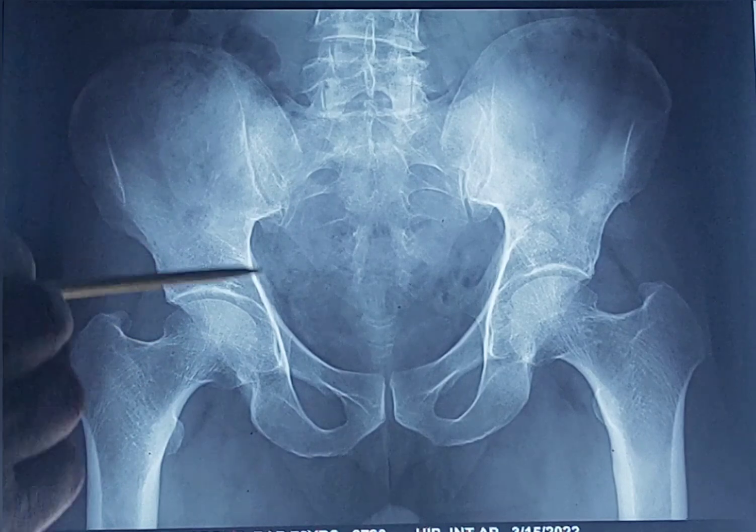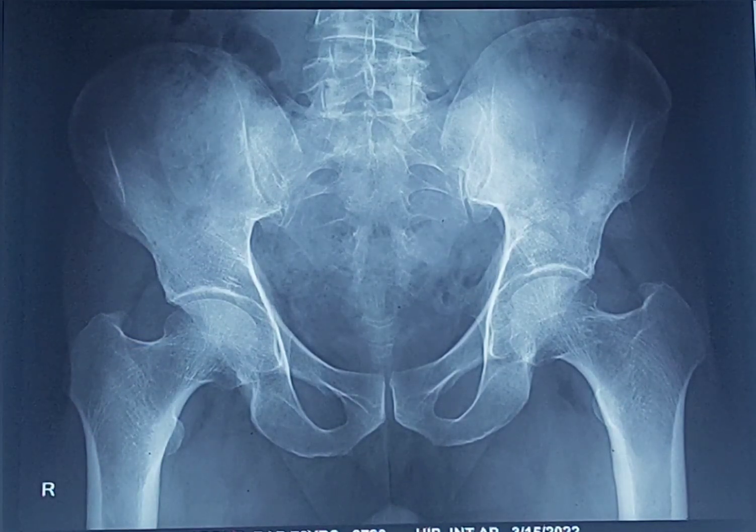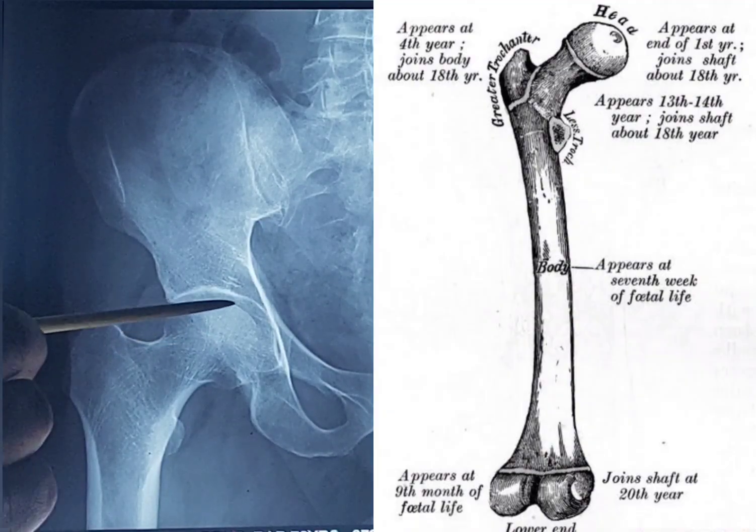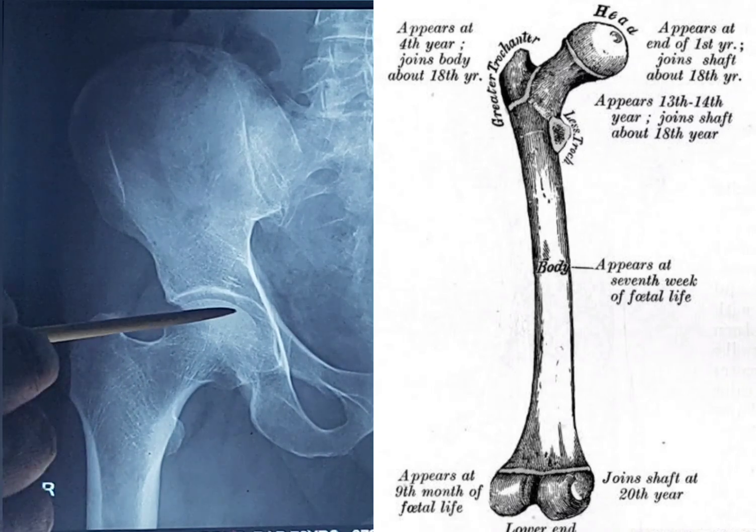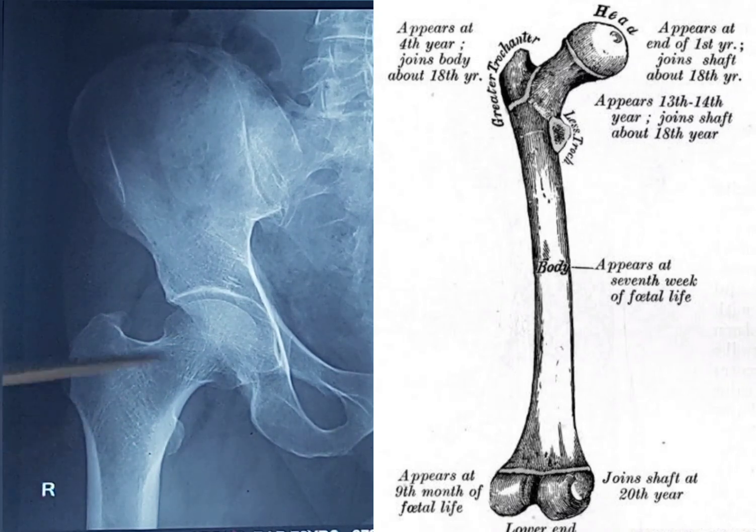The head of the femur appears after birth, during the first 6 months of life. So, this epiphysis of the upper end appears first, followed by the second epiphysis for the greater trochanter, which appears during the 4th year of postnatal life, and the lesser trochanter appears last for the upper end. Here the epiphyseal center appears 12 to 14 years after birth. So, all these three are the epiphyses for the upper end, but they appear at different ages of life.